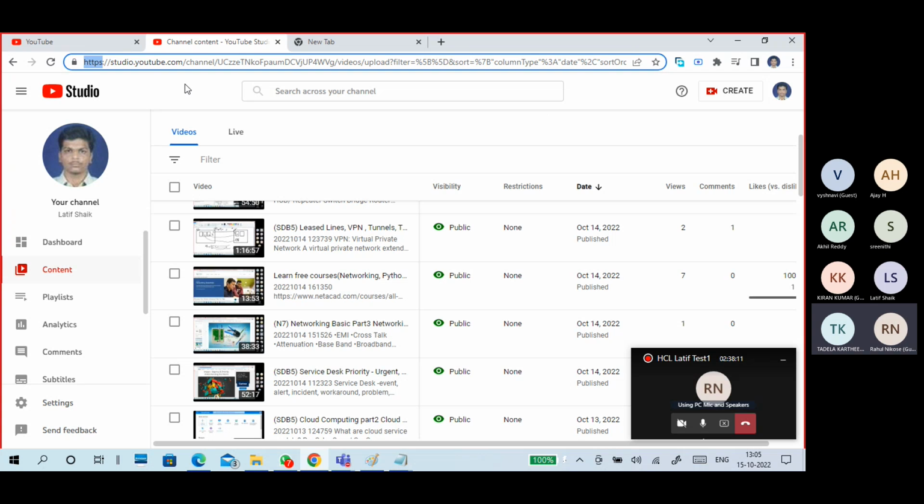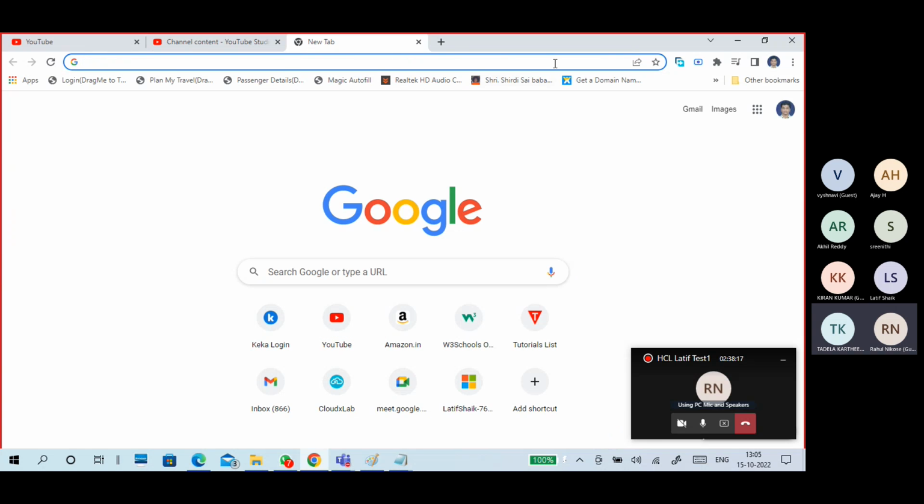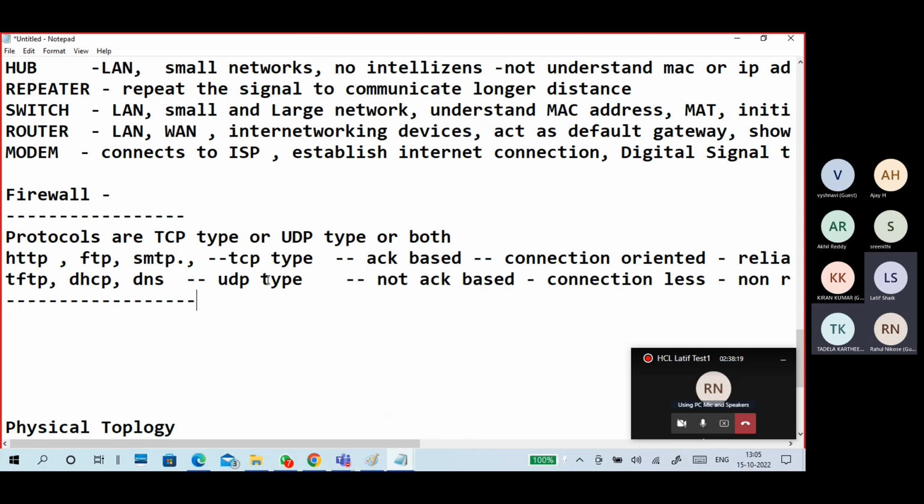I'm getting an IP address through DHCP over wireless, which is the UDP protocol, connectionless. So it's not Wi-Fi or wired. That is a wrong perception. Connection oriented and connectionless is purely based on